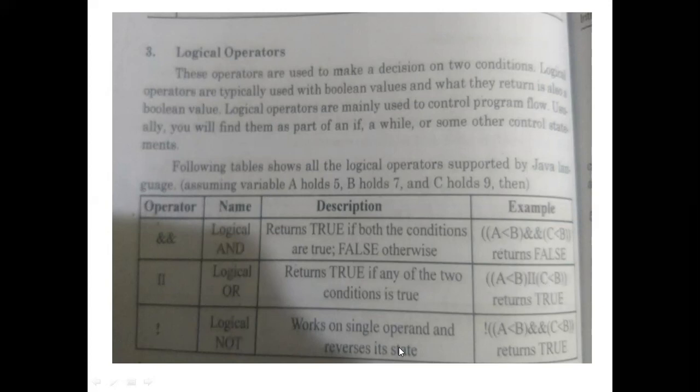Next, logical not. So what are the values, true or false? If the expression returns true, the logical not operator will convert true to false and false to true. Here, a is less than b and c will return false. This first expression returns false. If I write the logical not operator in front of this expression, then it will give you true, because false का not operator true हो जाते हैं and true का logical not operator false हो जाते हैं.